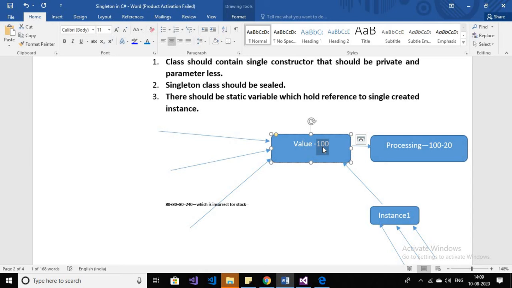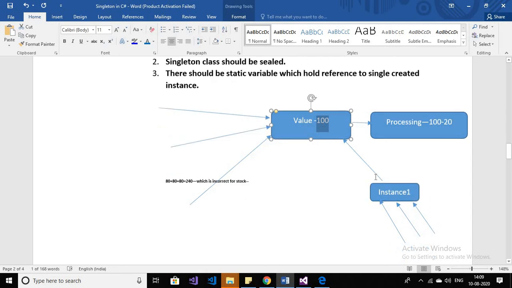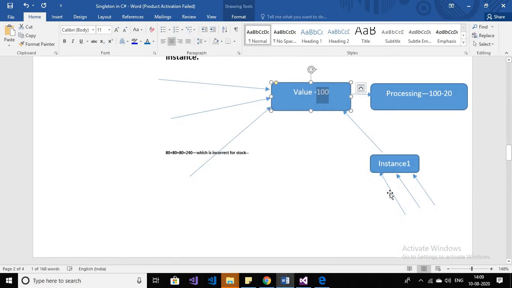Okay, singleton design pattern. So just take a look here. When three people call one instance, what will it do? The first instance will serve the request for the first customer, then this instance is updated, then it will serve the request for the second one, then it will serve the request for the third one. So this scenario will not occur.